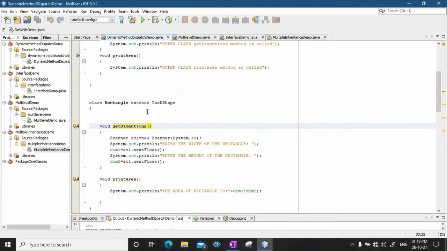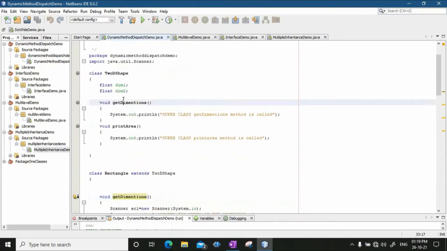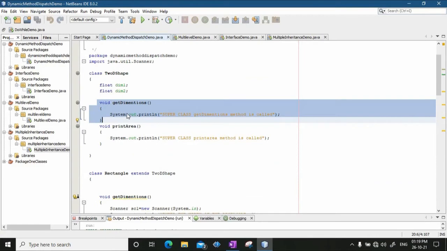So when I write void get dimensions here, this is the get dimension method of the rectangle class, whereas this get dimension method over here is the get dimension method of the superclass. We have already seen method overriding, in which whenever you have a superclass and subclass, you can have the same method defined in the superclass as well as in the subclass.